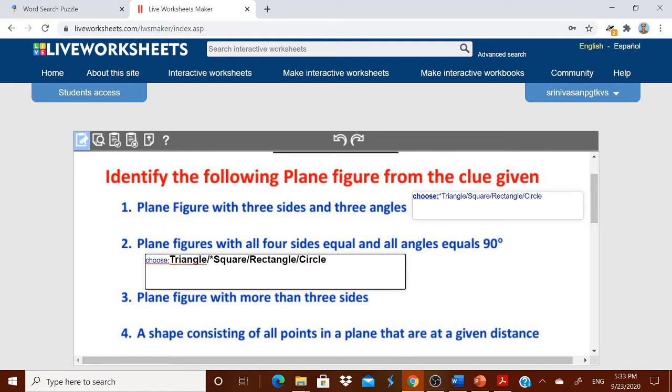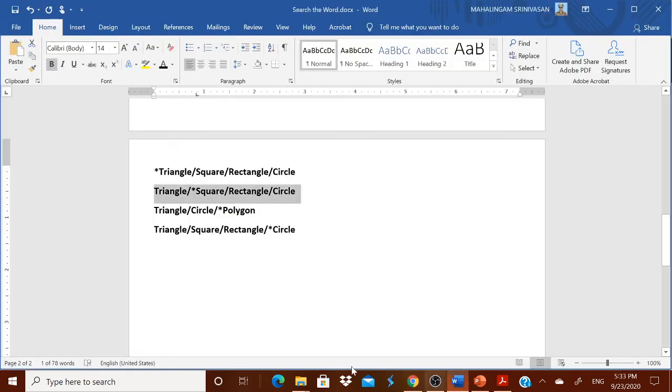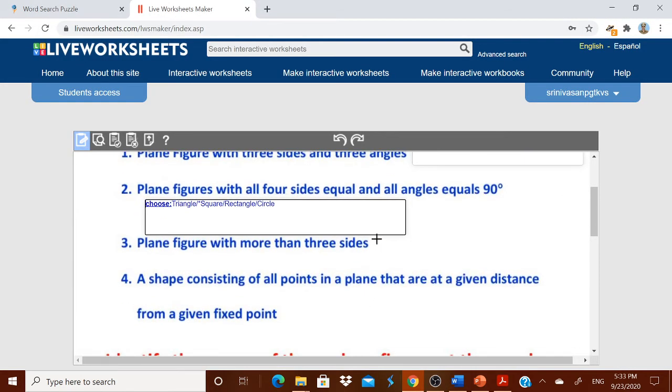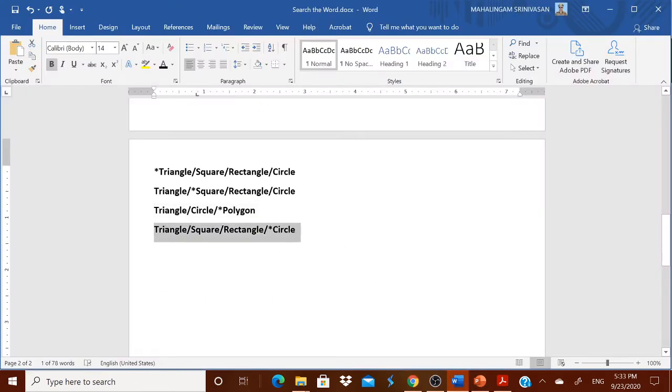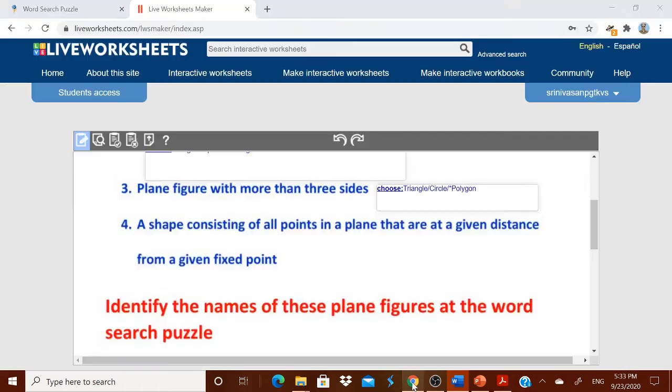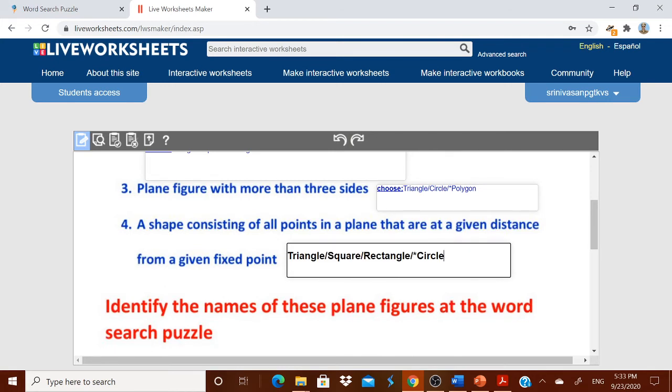I have made it. Okay, now with the 3 sides, plain figure with more than 3 sides, I want them to have only these 3 options because they should not get confused. Okay, now I will make a box over here and I will type CHOOSE, then Control V. Well, now I am having enough space. I will copy this because I want the circle to be the answer. I am coming over here and I am clicking okay.